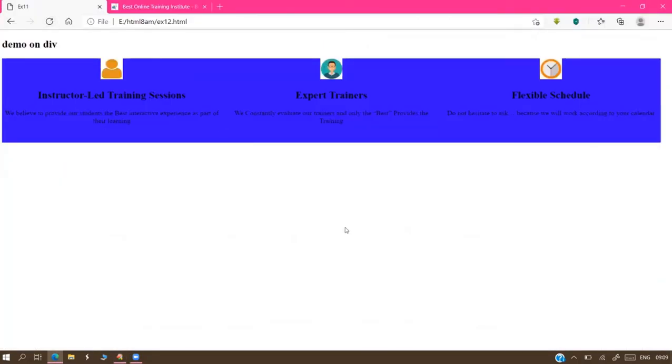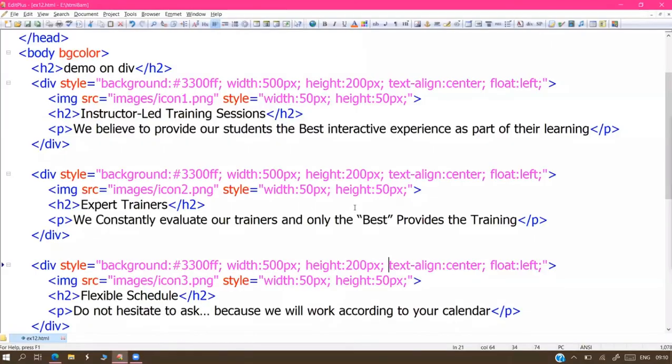Now, irrespective of content, it's showing uniform height, uniform width and uniform alignment. Alignment uniform, sizes uniform, everything uniform. Now it looks like the same thing, sir. And then there is the background color effect. If you change the background color, then we'll get a different look.